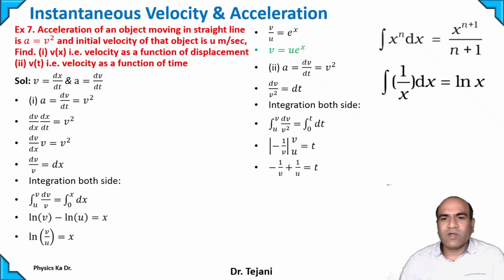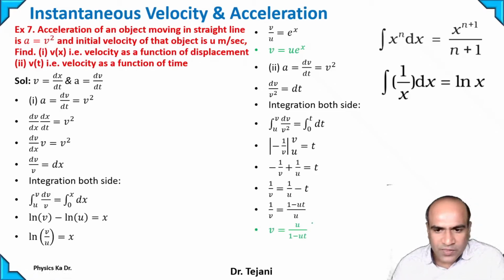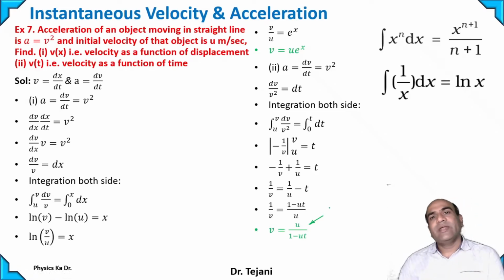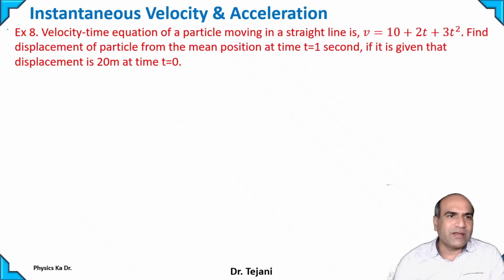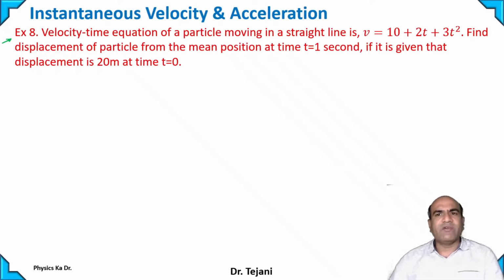So we know that 1 by u minus 1 by v, with the minus becoming plus, is equal to t, and therefore we can take v to one side. So v is equal to u divided by 1 minus ut. That is very simple, don't you think? You should pause the video here and solve this example. What is mentioned here? Velocity time equation